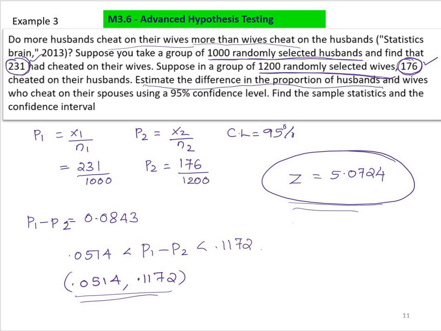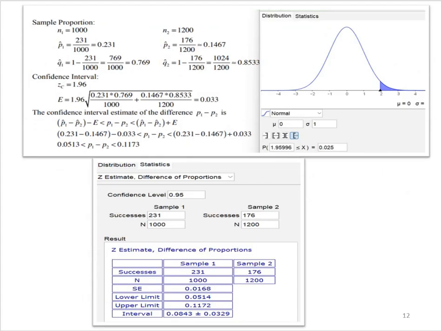And if you want to find that using the manual calculation given here, you have to find P1, which is equal to 231 successes divided by 1000, and you have to find Q1, that is 1 minus P1, that is this one. Then similarly P2 and Q2 can be found by using the same thing. Then the confidence interval, it is